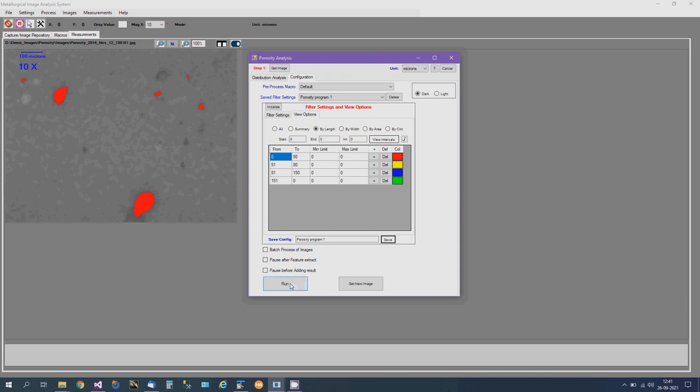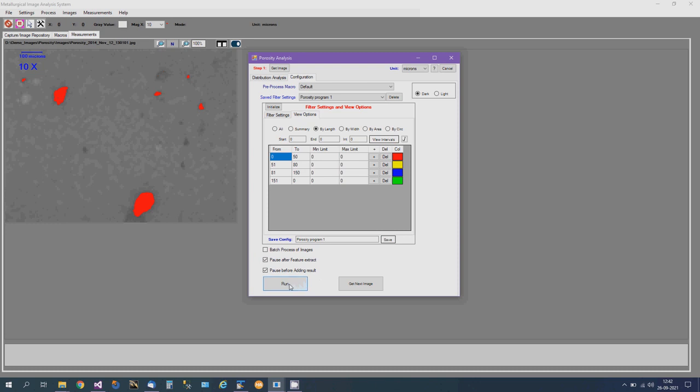Now what I will run this program against this image. If I click on the run, it will run and add the result to the summary, or I can pause and go. There are two steps. It will first do the thresholding, then it will measure and add the result. The advantage of pausing and going ahead is that any adjustments that you need to do on thresholding can be done. Otherwise system will go with the default thresholding, which may not be always correct. If all your images are perfect with the correct intensity and focusing, you can probably skip these pause buttons, but it is generally advisable to pause and go.